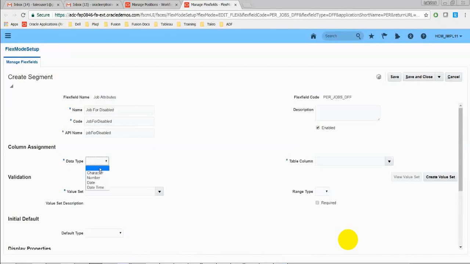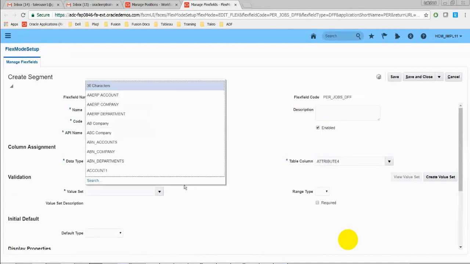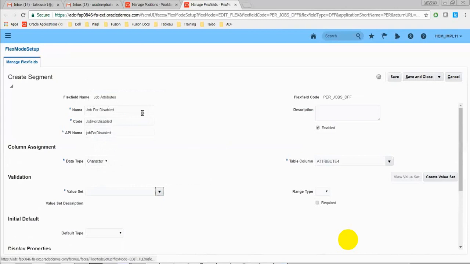So it should be character, and the table column name will be created automatically, and by default it is enabled. I want to make it enabled. So for the value set, you want to create a value set which will take yes or no basically. Before creating any value set, make sure you check whether there is any existing standard value set available here to serve our purpose. Okay, so I will just go and search for any value set with the name yes or no,